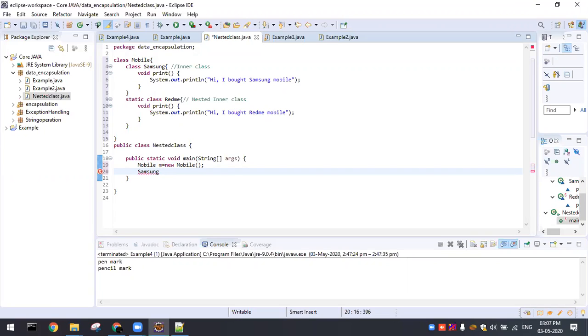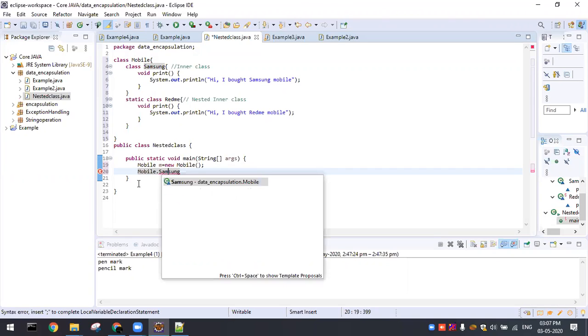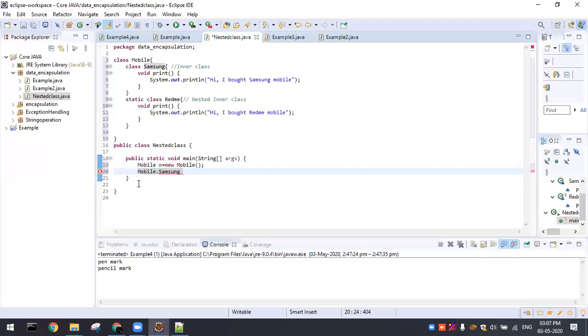This is not directly visible, so I have to call it with the help of the outer class. The inner class Samsung object is m1: Mobile.Samsung m1 equal to the outer class object instance m dot new, the inner class.